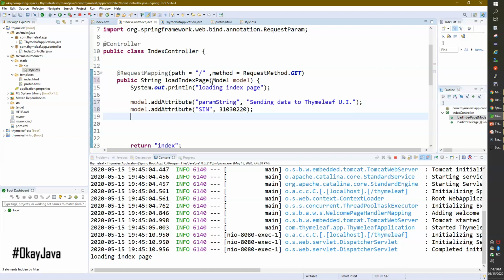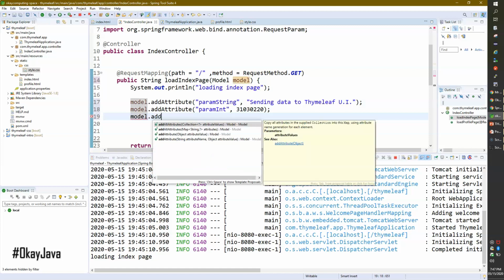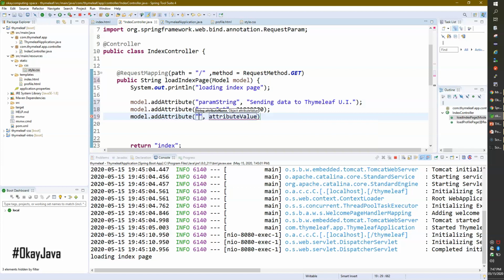I'll name it paramInt. You can even pass a boolean, whatever you want. You just choose the data type and do it. I'll add paramBoolean with the value true.